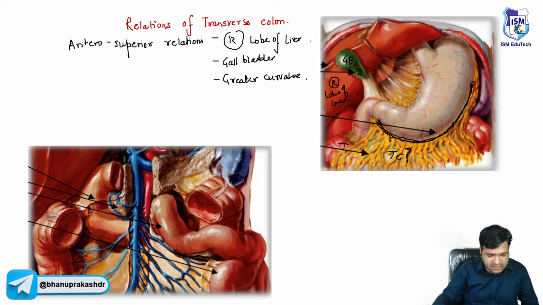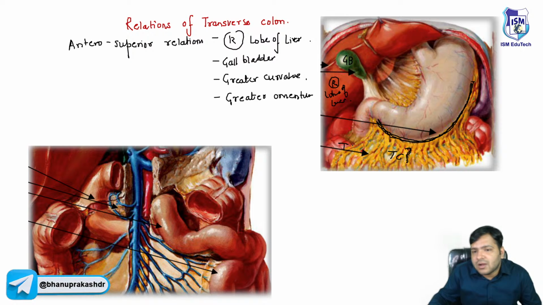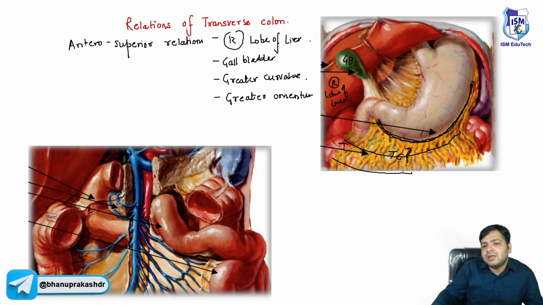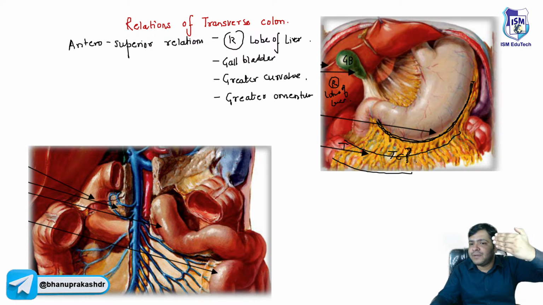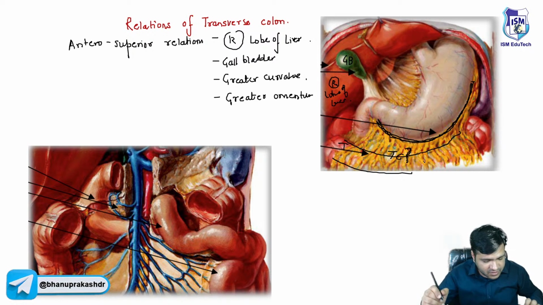Yes, very good Garima, it is the greater omentum beta, it is the greater omentum. लेसर ओमेंटम आगे की तरफ है, तो it is the greater omentum. अगर ध्यान से देखोगे बेटा, ये पूरा का पूरा आपका ट्रांसवर्स कोलोन है, और लिवर वाला जो पार्ट है वो ऊपर उठा के दिखाया, तो राइट लोब और गॉल ब्लैडर बिल्कुल इसके ऊपर आएंगे राइट साइड पे।